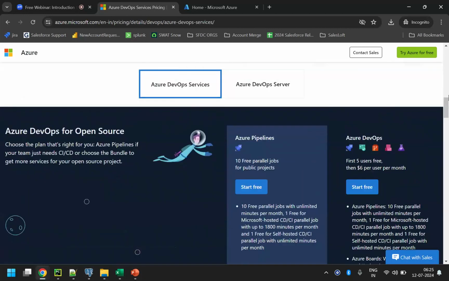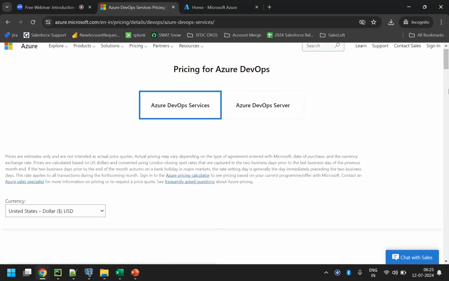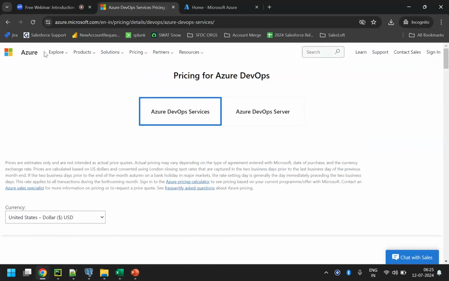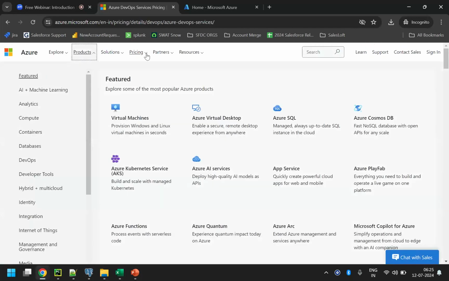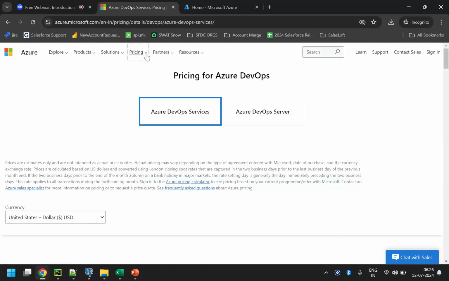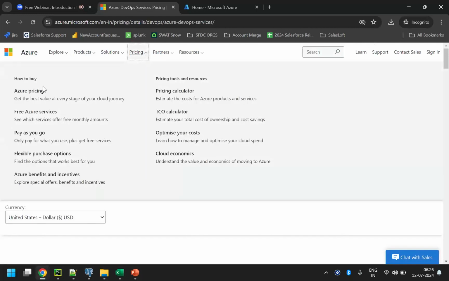Why could we see this whole, complete information? Because Microsoft Azure uses the pricing calculator. So from the products section, we can see these different products are available. And from the pricing, as I said, Microsoft Azure uses the pricing calculator for estimating the cost of a particular service or product. When you click on these pricing options,